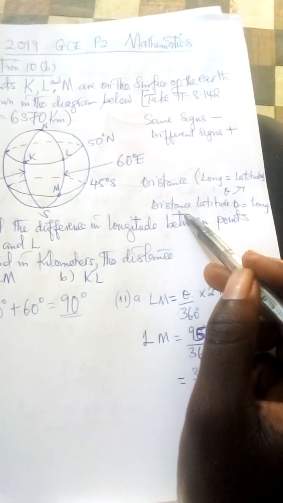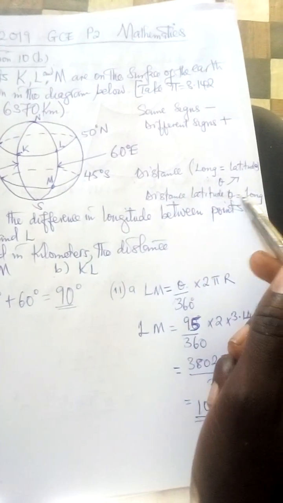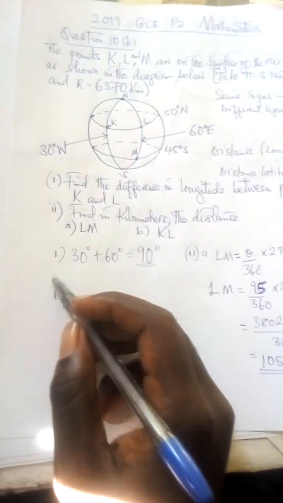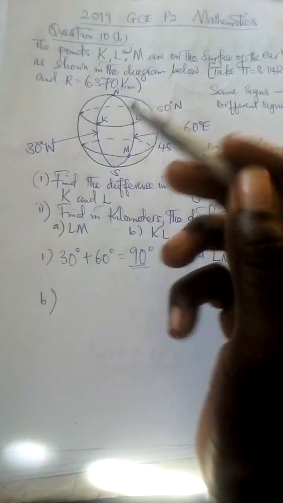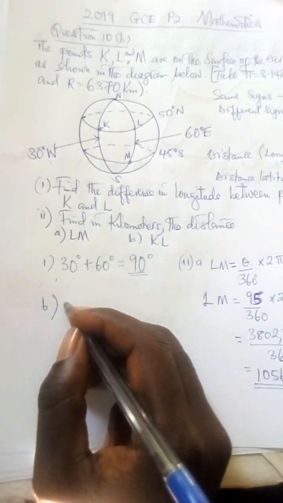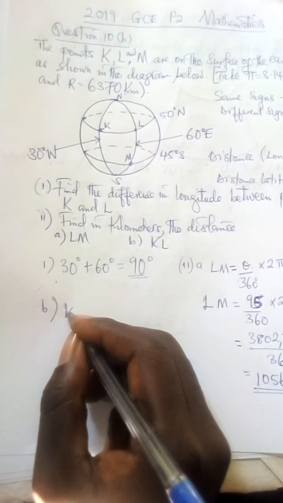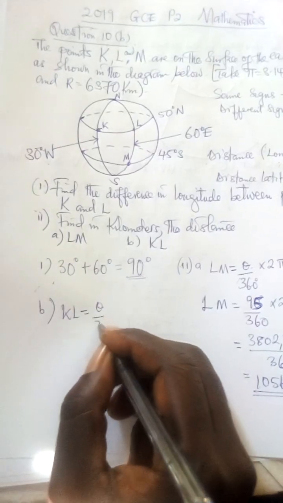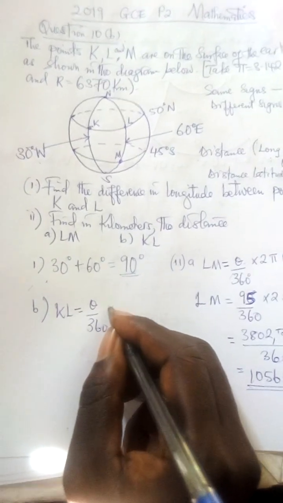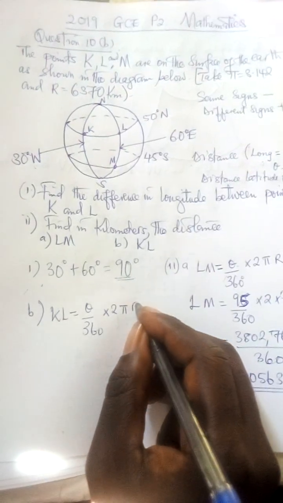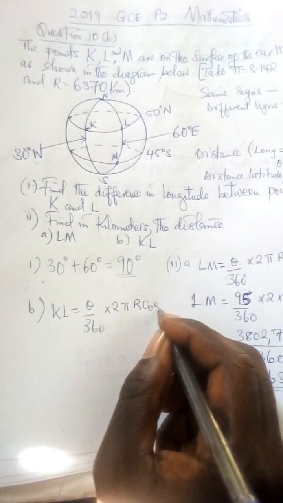For the angle, we consider the difference in the longitude. Because this is not a great circle, it's not using the radius of the earth. So the formula for finding the distance is angle divided by 360 times 2 pi r, then cos